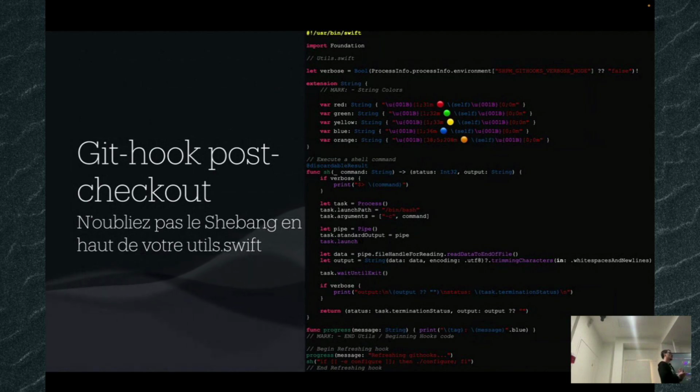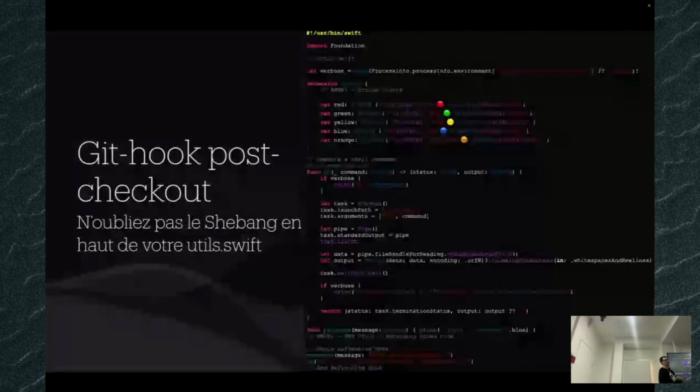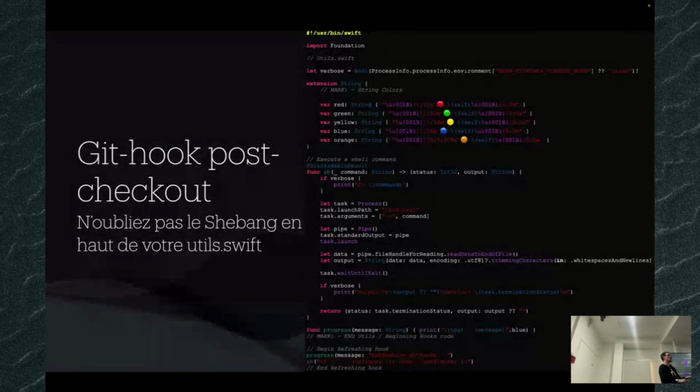Et du coup, on peut récupérer ces erreurs. Si ça veut dire qu'il y a des warnings, parce que nous, on traite les warnings à 0, on dit : si SwiftLint a un warning, tu commits pas. Tu as la sortie ici, output, donc on affiche aussi l'output en paramètre. Et on dit que tu ne commits pas, et voilà pourquoi : parce que tu n'as pas géré des warnings. Voilà, en gros. Et donc en général, il y a les warnings.